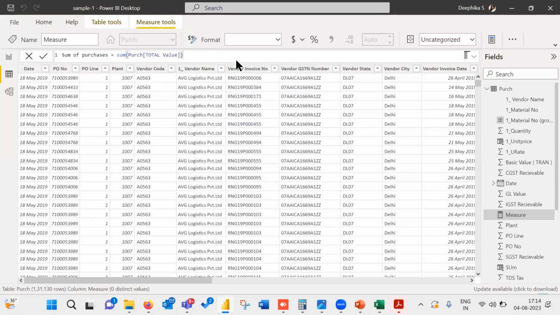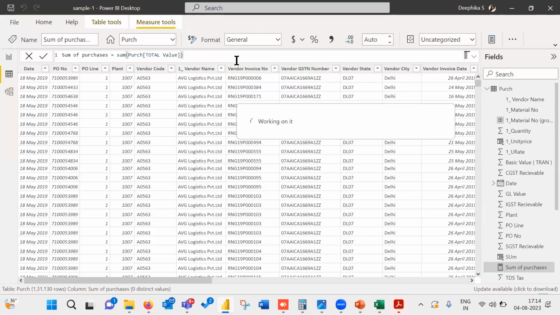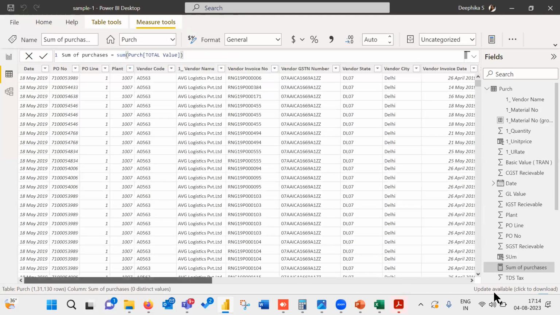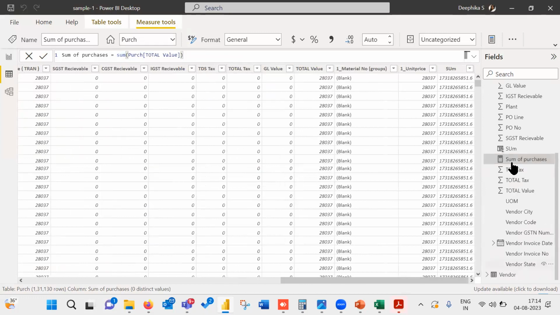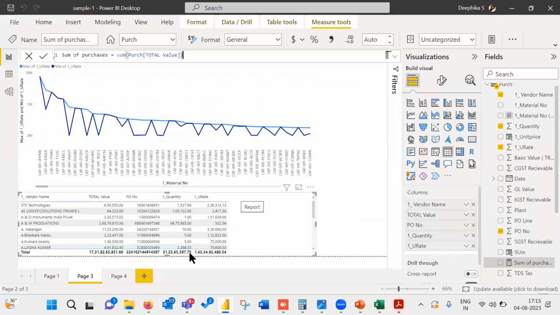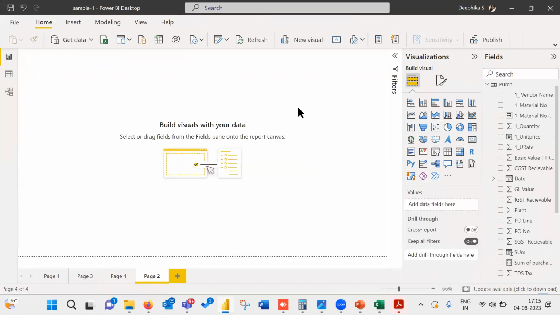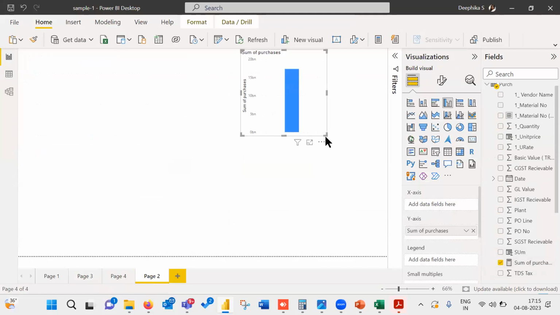So now if you see, this does not create a separate column in my data set. Okay, the thing I created was sum of purchases, but it created a measure here. This thing is for measure. This small calculator box is for measure. So when you create a measure, okay, it will not create a row context in the table, but it will be stored in the internal memory of the Power BI. Okay, and it will give you output in dashboard.